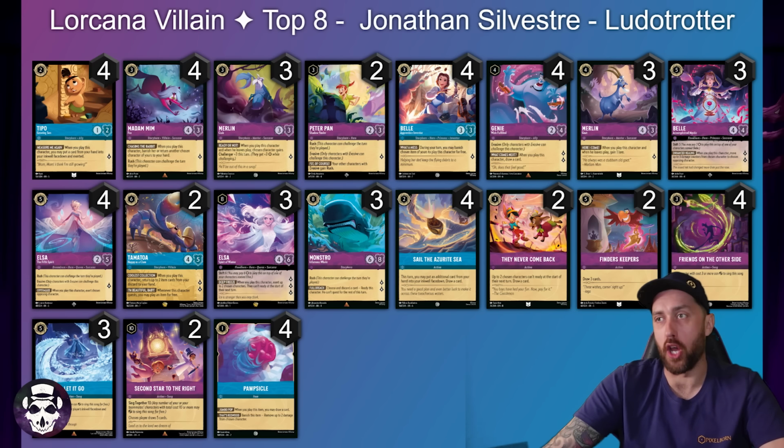And then you are a 4/6 quest for 3 body. I'm a big fan of Elsa. 3 copies of the Big Bad Monstro, and mostly an action package you would expect. Friends, Let It Go, Sail, Finders Keepers, all standard things, but we are also seeing 2 copies of...